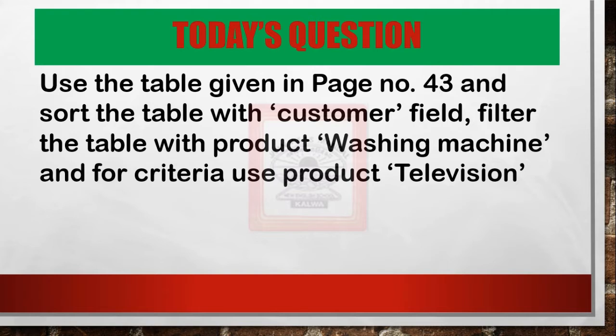Then sorting we can do on different fields, like we can sort this database according to the price. We can keep the cheapest product first. We can do double level sorting also, like we can keep the television up and below, then washing machine, and then mixer together, and among the television, the cheapest price, then among the washing machine, the cheapest price. So we can see which television is the cheapest and who is selling that, and which washing machine is cheapest and who is selling that. That also we can find out from the table. So this way we can sort the table.